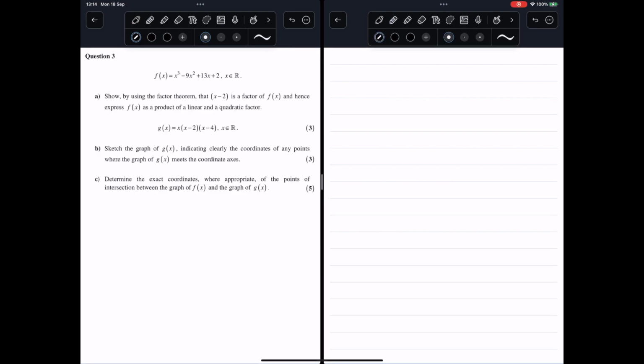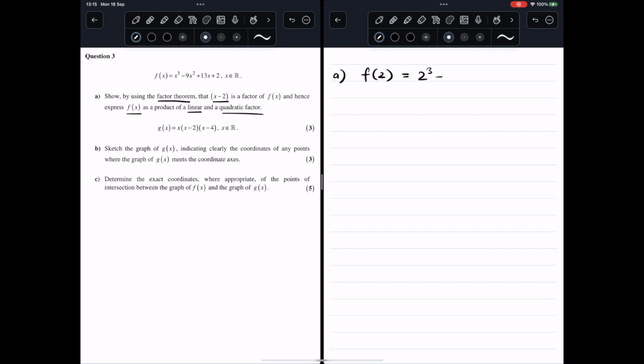For question number 3, I am given a function f(x), and we need to show by the factor theorem that x minus 2 is a factor of f(x). And for this, I need to express it in a linear and a quadratic factor. So that's really simple. I'm just going to put in x as 2 into my f(x) function, which gives me